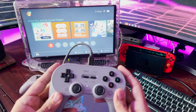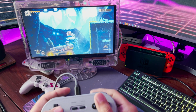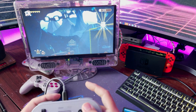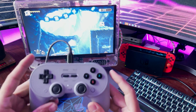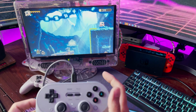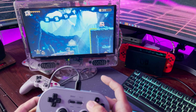I was testing this out last night, and playing some good 2D games, and again, just running through here, Monster Boy. What's nice about this is here's one of the features, right? So what I went ahead and did is I mapped this button to turbo, and when you hold the key down, so there's punch, you can see there's the punch attack. If I hold that down and then hit the turbo button,